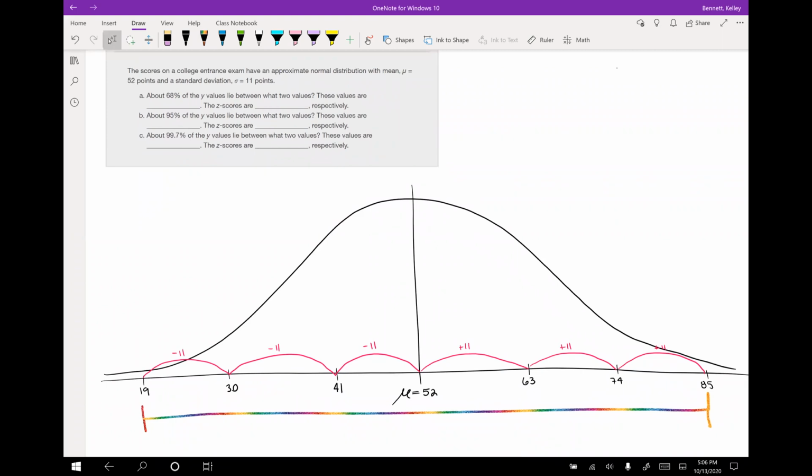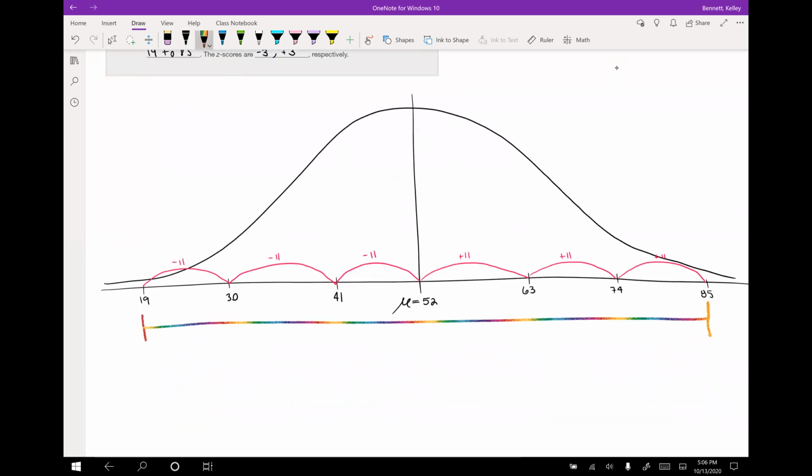I'm doing this backwards now. 19 to 85. And that's -3 and +3 for my z-scores. Remember, z-scores, z-values, they count the number of standard deviations away from the mean, right? So if I'm at 85, I'm 3 standard deviations above the mean. If I'm at 19, I'm 3 standard deviations below. Okay, for the next one,